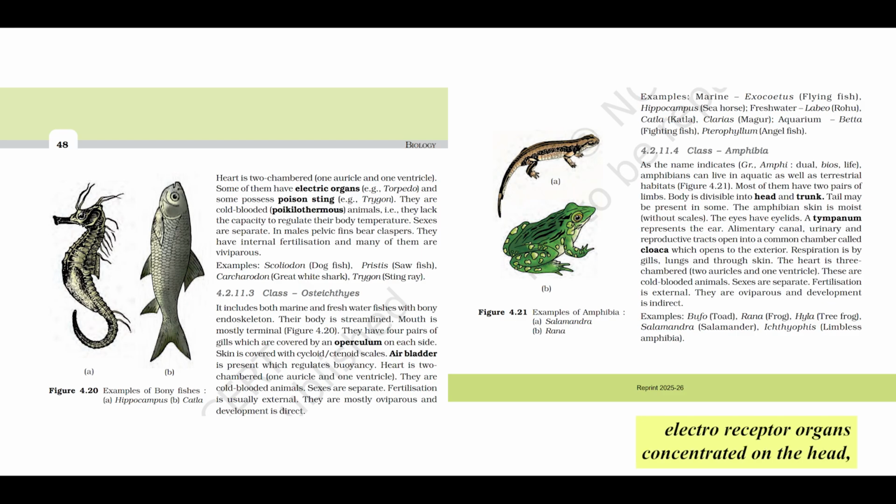These are specialized electroreceptor organs concentrated on the head, which can detect the very weak electrical fields generated by the muscle contractions of hidden or buried prey. It's like a sixth sense for hunting. Electroreception. Amazing. Yes. Combined with their streamlined body shape, powerful heterocercal tail fin, upper lobe larger than the lower, providing